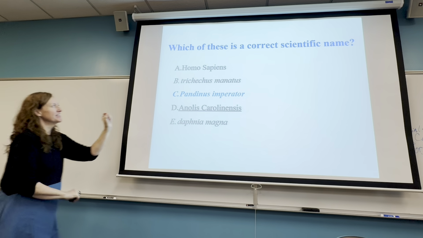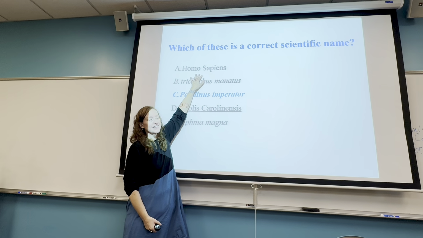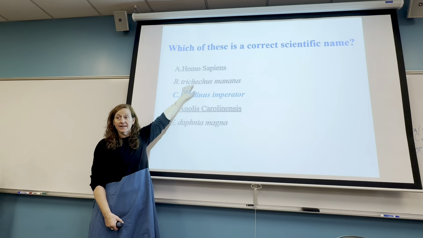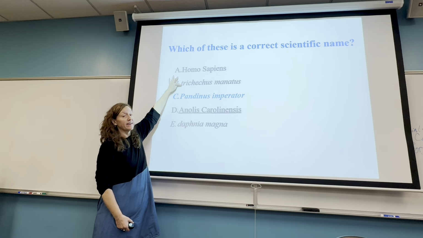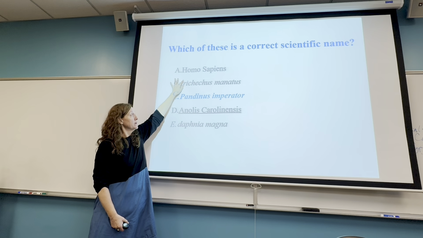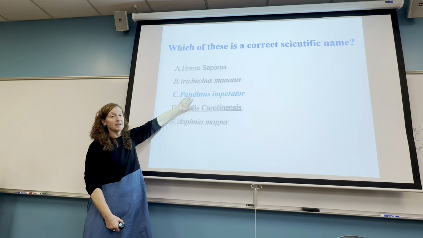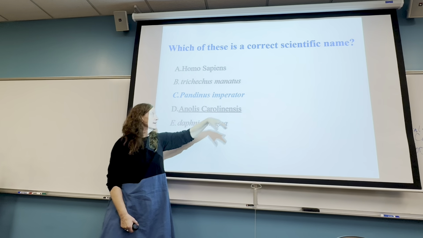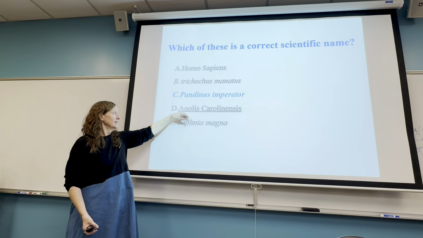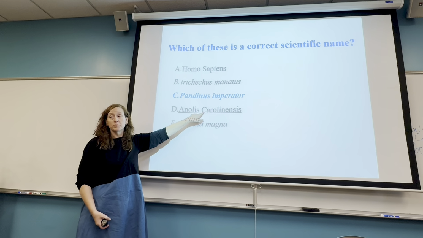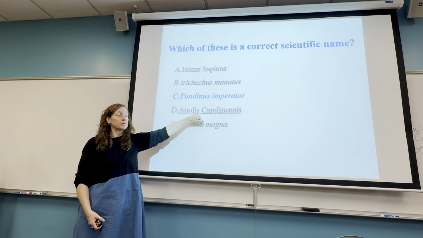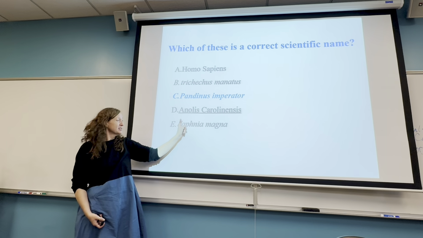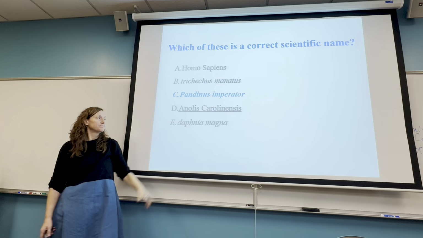Let's just take a look at each of these. Homo sapiens, this is not italics, and the sapiens should be lowercase. Trichechus manatus, this should be a capital T. Otherwise, it's fine. We've got the genus name capitalized, species name lowercase, and it is in italics. This one's underlined, genus name capitalized, species name also capitalized. This should not be capitalized. And then here we have italics. We've got the species name in lowercase, but the genus name should be capitalized.